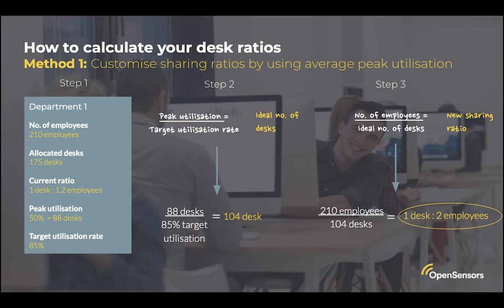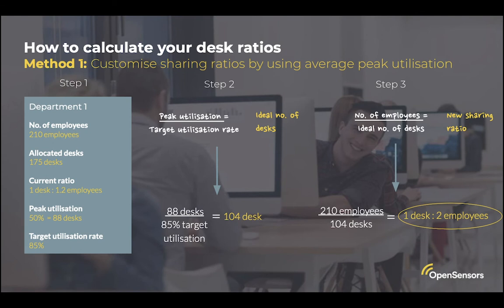The first method that we're looking at looks at departments as a whole, and it tailors the ratio based on the total utilization in that department. In step 1, you establish current and target utilization. And in step 2, we establish the ideal number of desks simply by dividing current peak utilization by the target utilization rate. The calculation will tell you how many desks you should have in this department for peak utilization to be 85%. In step 3, we calculate the new sharing ratio by dividing the total number of employees by the